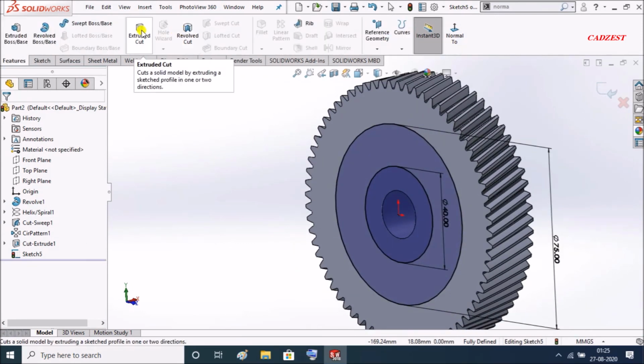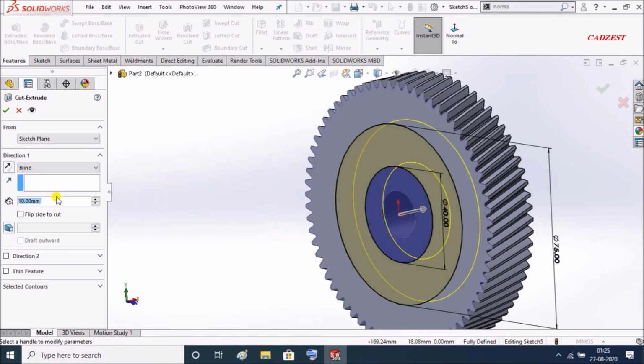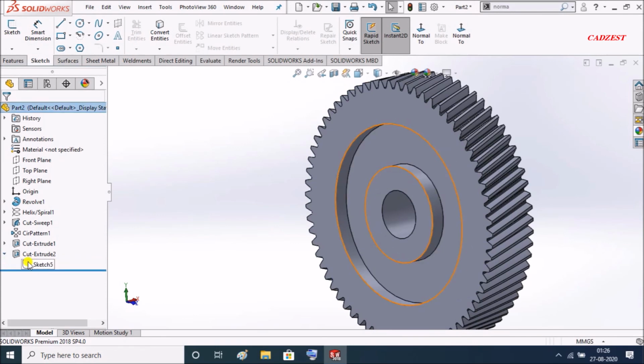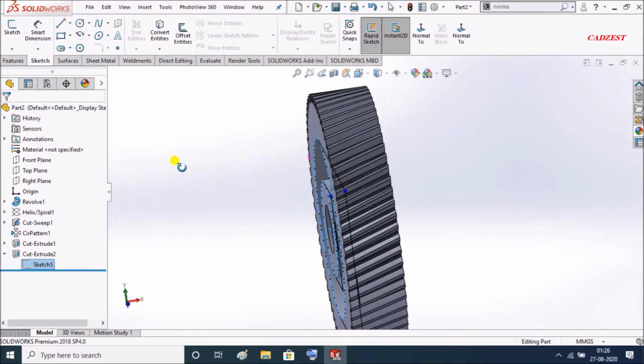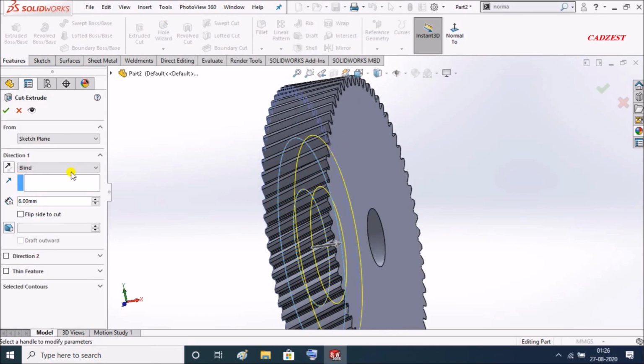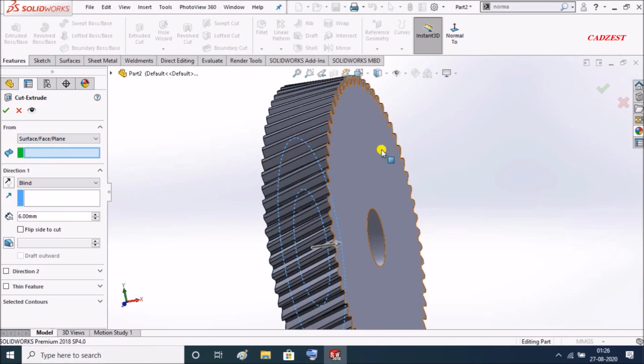I'll use extrude cut. Just expand it, select sketch 5. Extrude cut again. This time select surface. Select this surface.